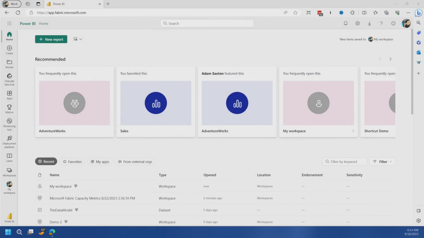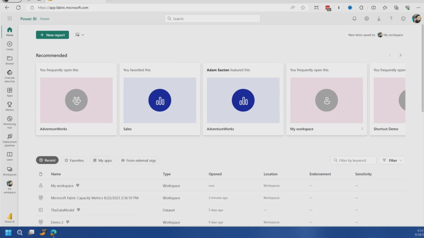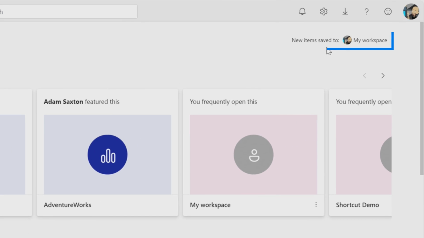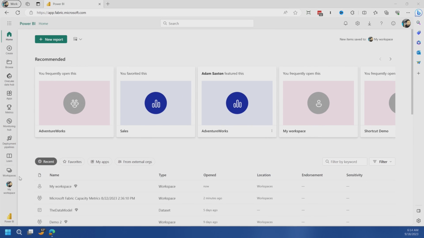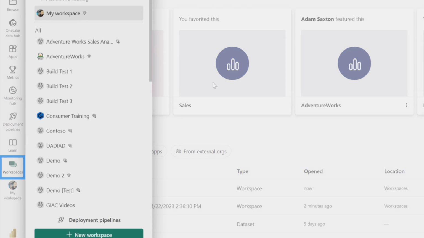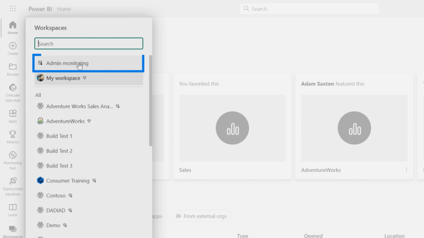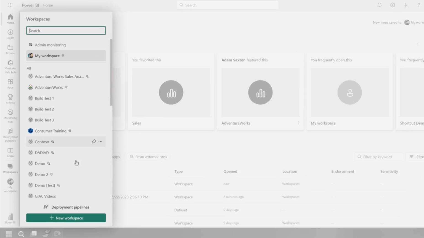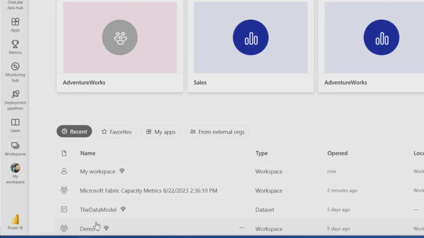Like I said, we are inside of the Microsoft Fabric service, and right away, I am inside of My Workspace. I know that because down here, I can see My Workspace. I can also see up here, new items are going to be saved to My Workspace. So there is a workspace flyout here where we can see different items. If you are an admin of your tenant, you'll see admin monitoring, and then you'll just see My Workspace. This may be blank for you, or you may have a lot of things there. As you're with your company for a long time and things progress, you will find that there will be a lot of workspaces. So let's pretend I have nothing here and we can go ahead and create a new workspace